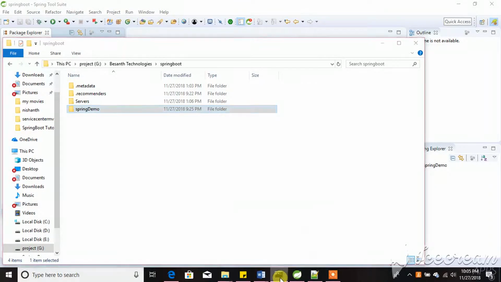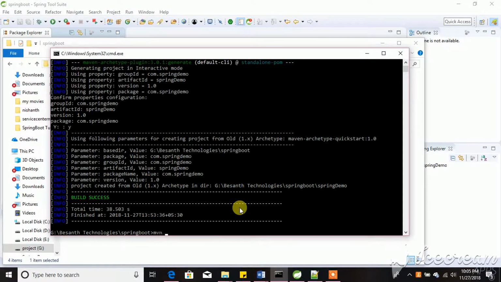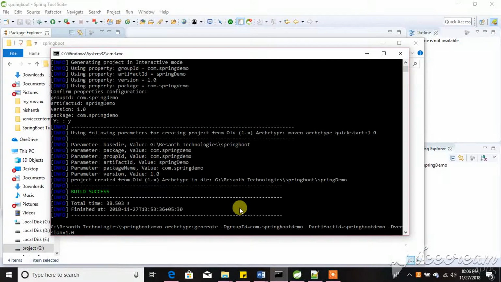First I want to create a Maven project by using the command line interface. mvn archetype:generate -DgroupId=com.springboot.demo -DartifactId=springbootdemo -Dversion=1.4